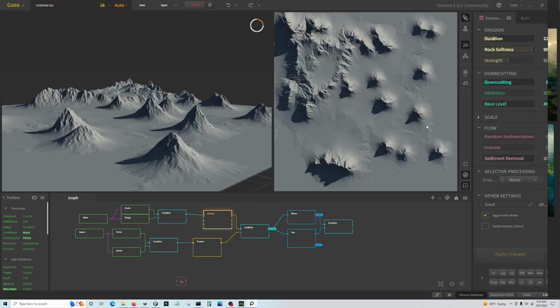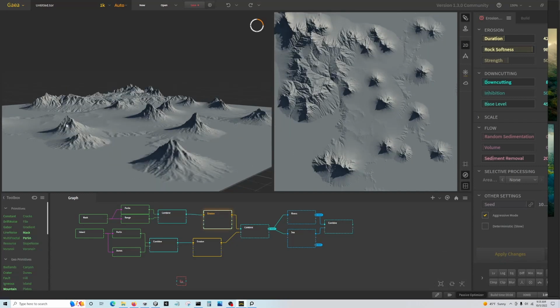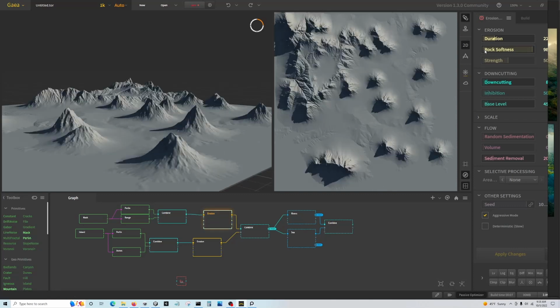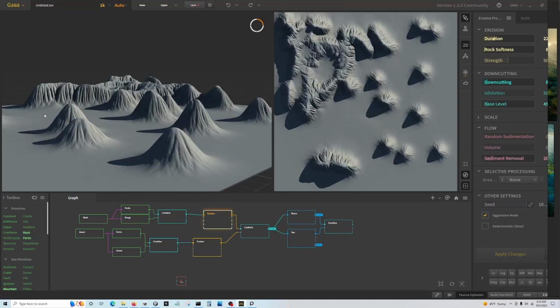And it turns out to get a sharper peak, you have a really soft material, if you can see here. I've got 22 durations. If I double that, it makes it even more craggy, and that's a little too much. So we'll go back to 22. And if it was too soft, it gives it, if it's a hard stone, it gives it this effect, and that's not what I wanted either. So